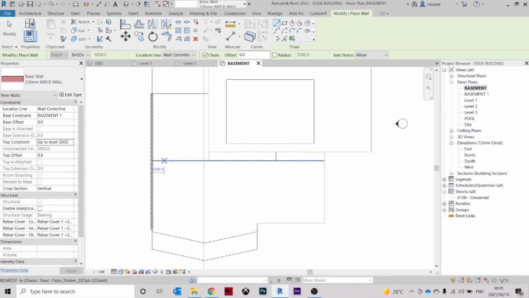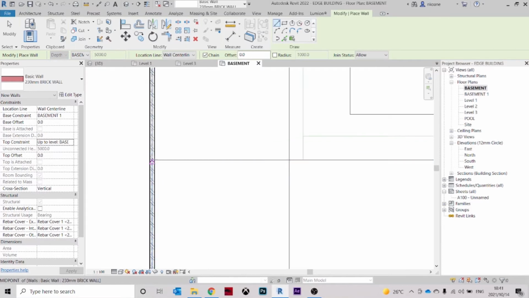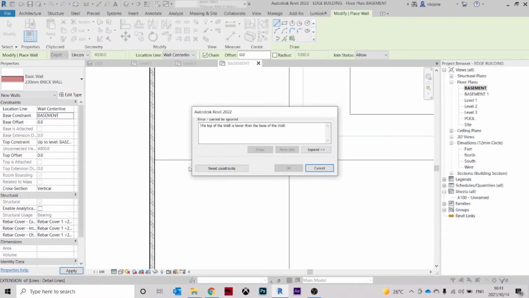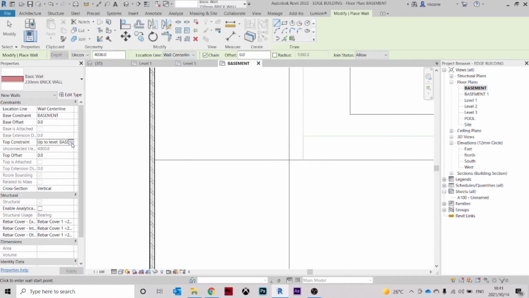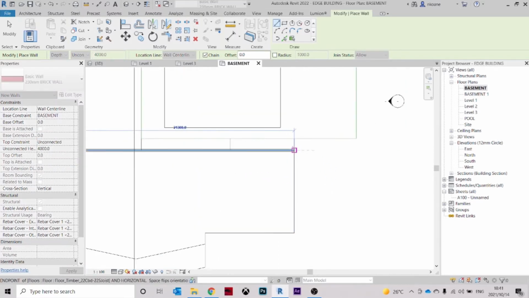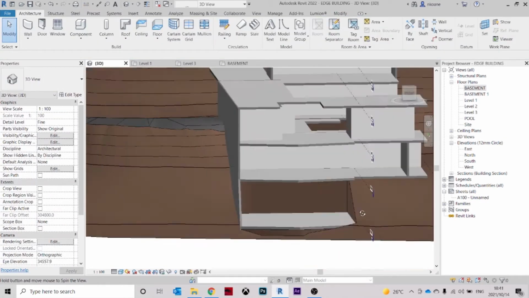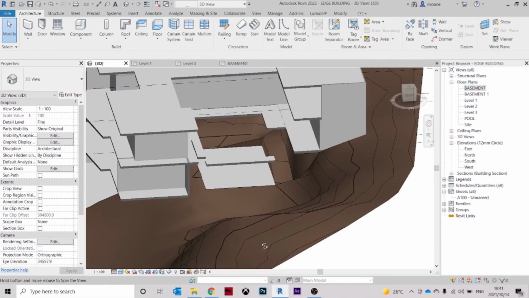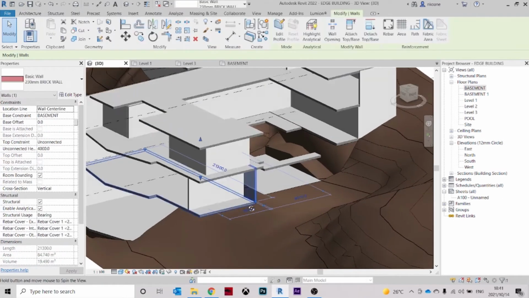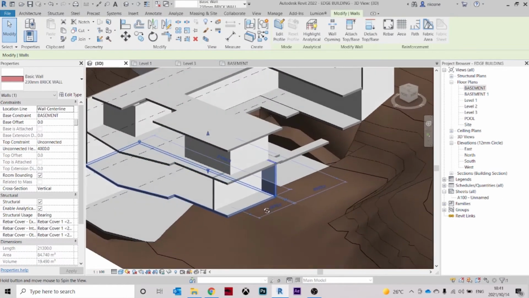Now draw that part of the floor, which will be from here to there, and I'm going to do that. See how we're looking here. And from there